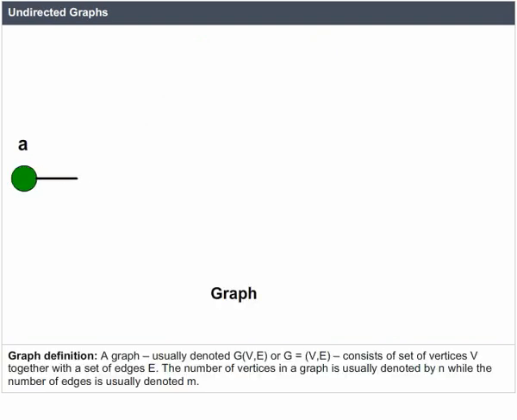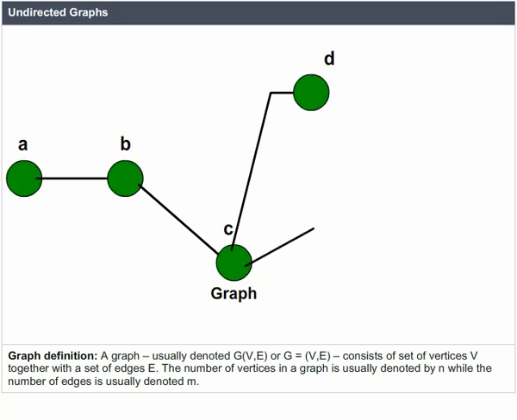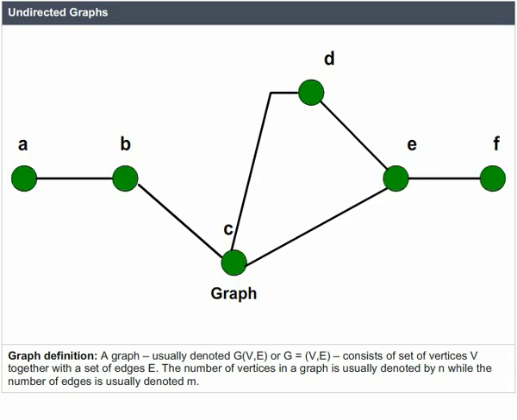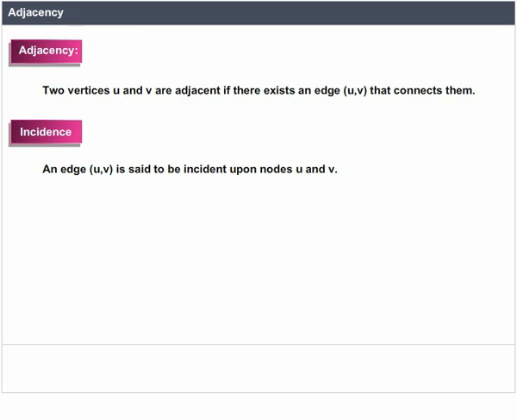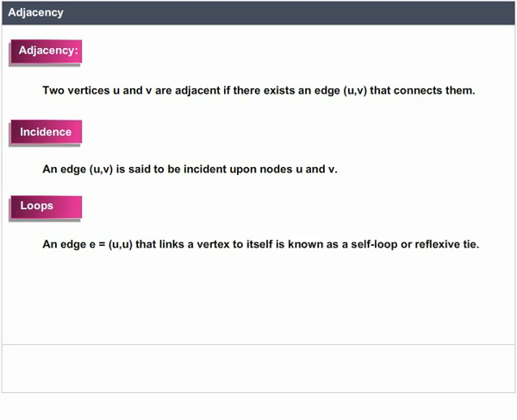Definition of undirected graphs given. Adjacency. Two vertices u and v are adjacent if there exists an edge uv that connects them. Incidence. An edge uv is said to be incident upon nodes u and v. Loops. An edge e equal to (u, u) that links a vertex to itself is known as a self loop